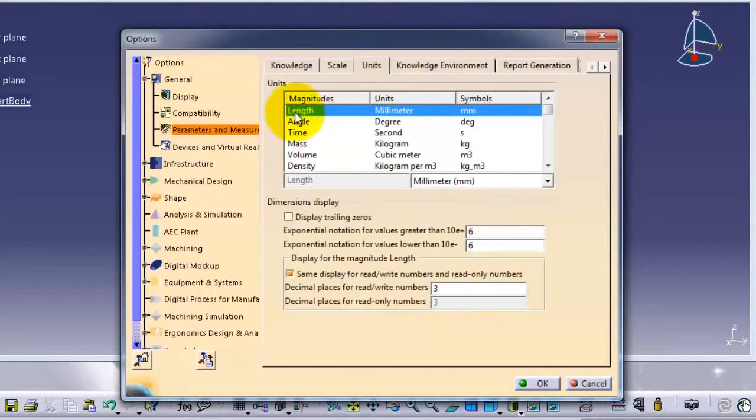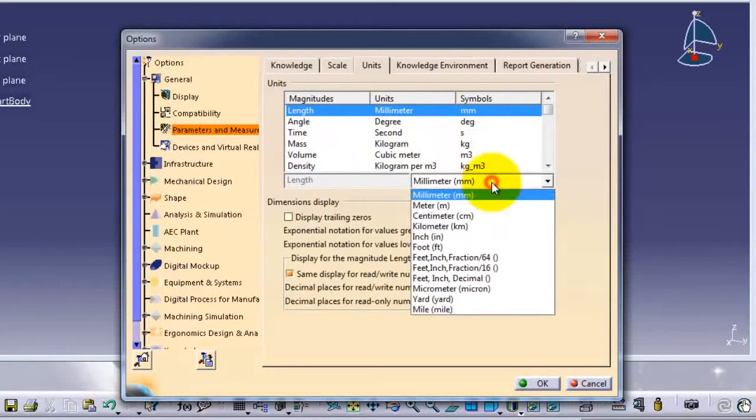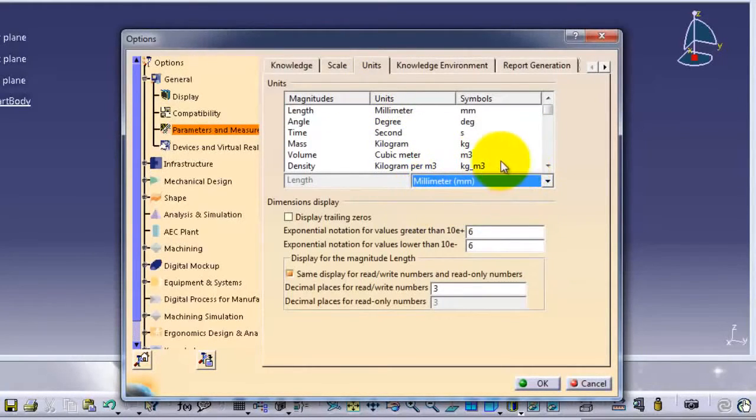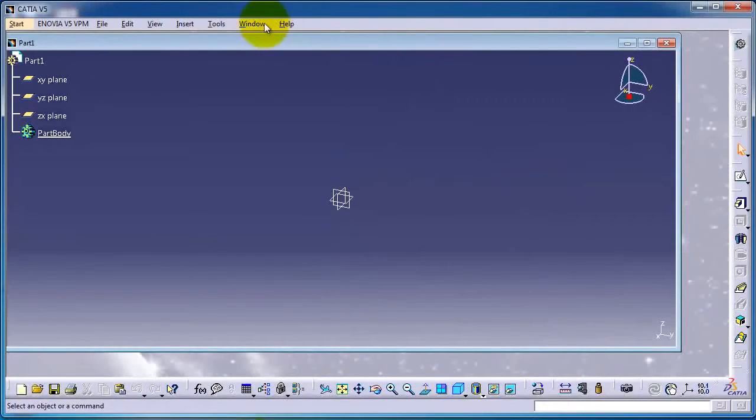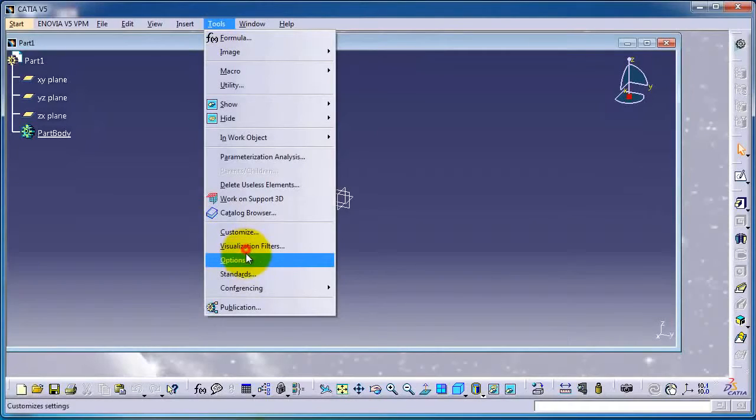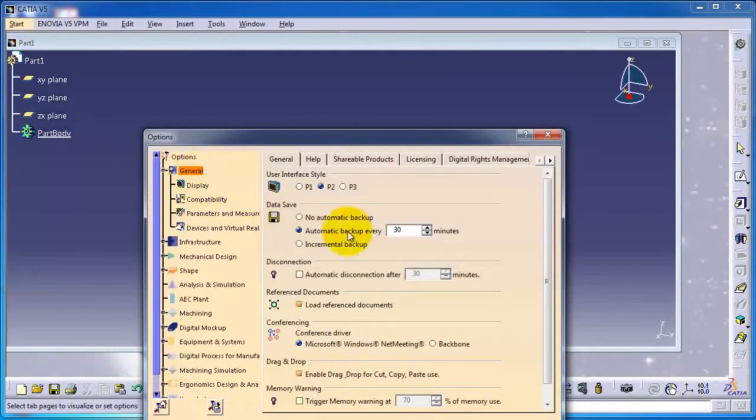units. In the length, be sure that it is in millimeter, the mass in kilogram, time in second. So in case it is not in millimeter, you can change it here. So make sure it is in millimeter. We're going to use the millimeter and press OK. Also, another thing for the AutoSave, let's again go to the option, general, and the automatic backup every 15 minutes. So it will be automatically saving